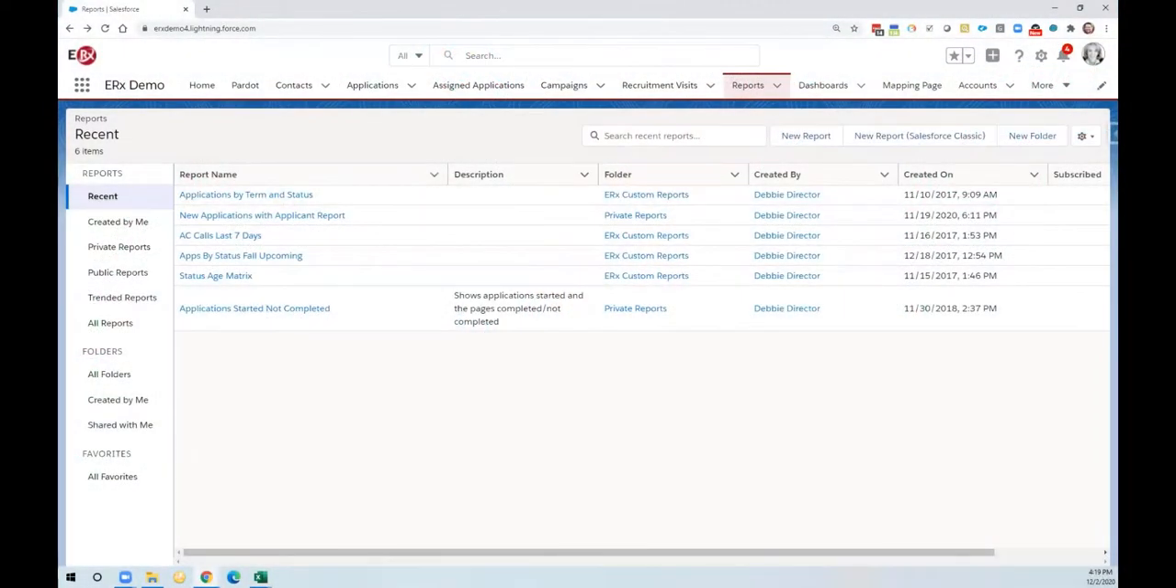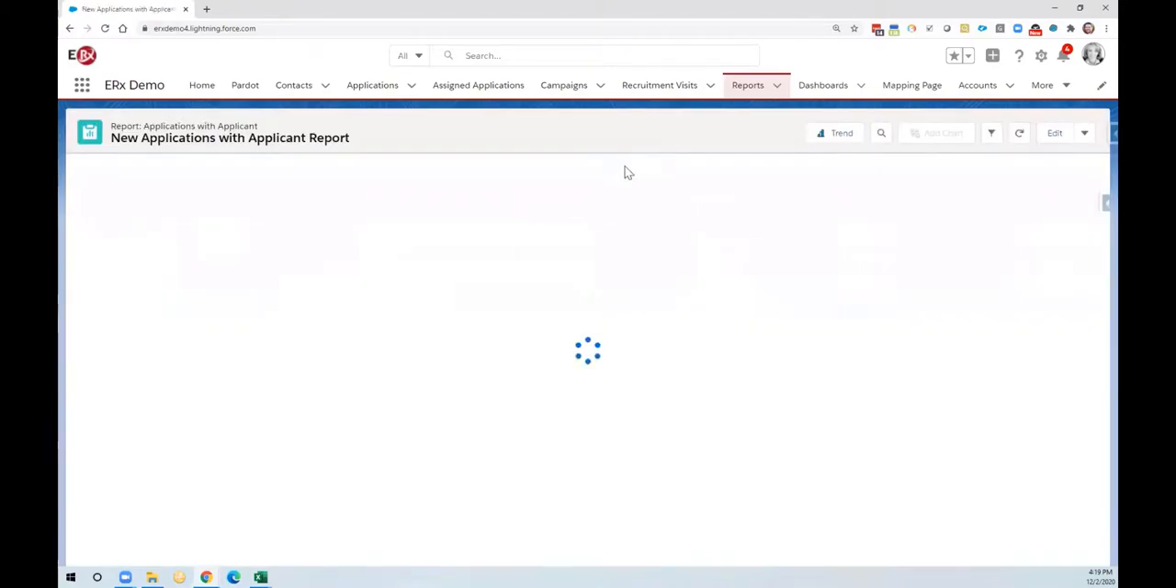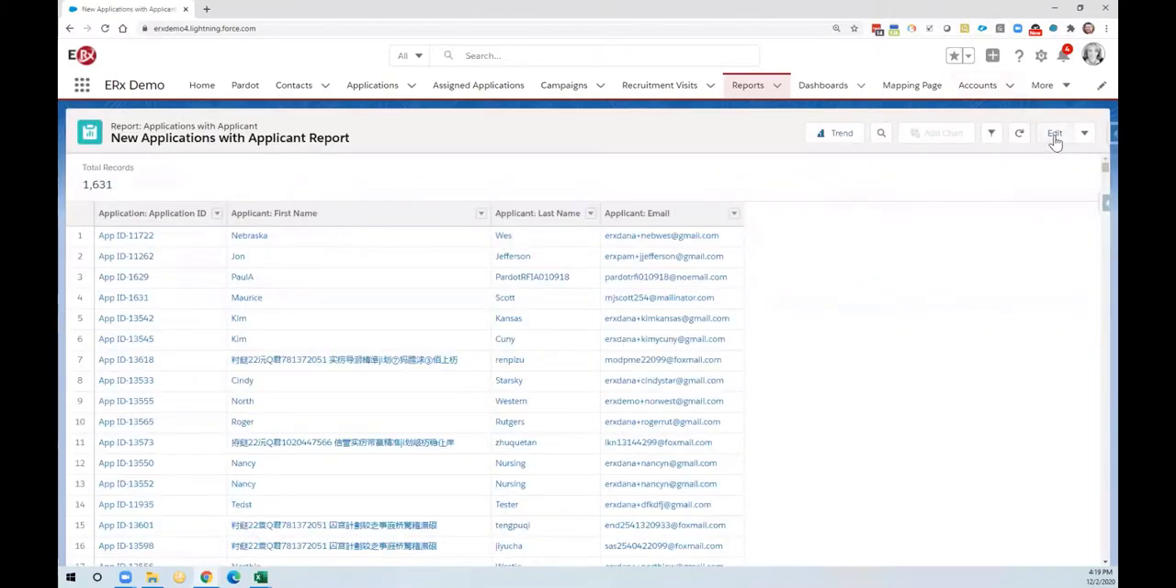Let's go ahead and go to the Reports tab, and here we can find the reports that we had referenced recently in our last training. If you followed along in video 1, you should see a similar report here that you can just go ahead and edit. If not, you can quickly create a new report to get to where we are in our next steps. I'll go ahead and click Applications with Applicant Report. Once I'm in this report type, I can go ahead and click the Edit button,